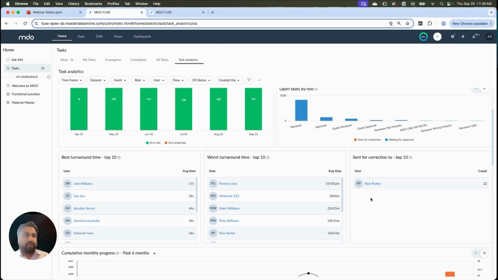And on the same lines, we have the send for correction widget as well, which gives you a list of records from a user perspective which are being sent for correction. And from here, we can apply the filters.